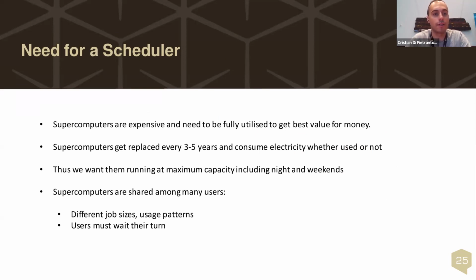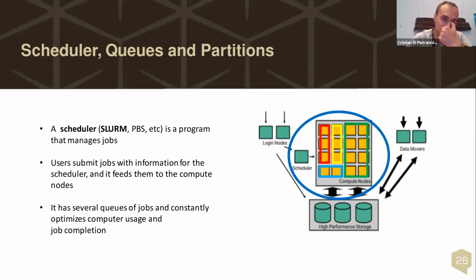Users write scripts where they specify the program to run and also the requirements it needs to run. And the scripts then are submitted to a program that is called a scheduler. A scheduler is a program that takes the various scripts submitted by the researchers, and then tries to